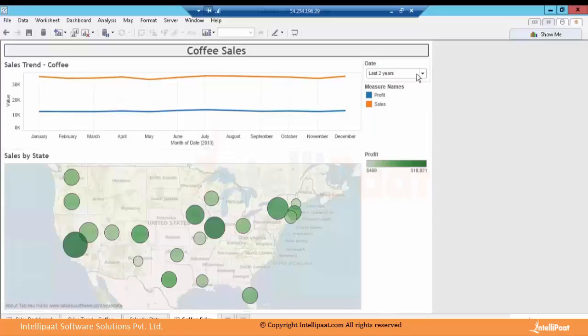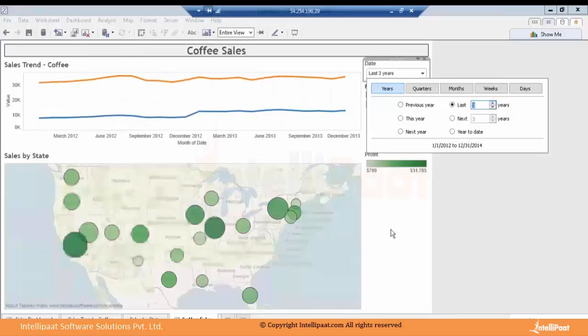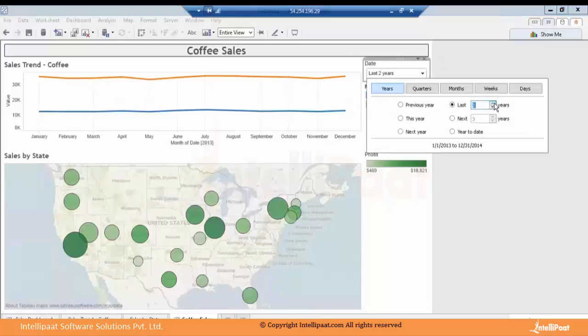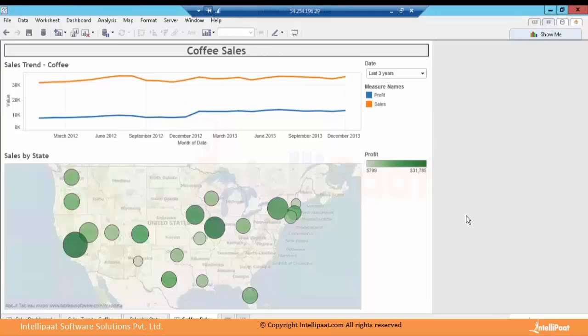Now you see that if I change the filter here to last 3 years, there's a slight change. You're not really seeing it here, but you would see it over here because the data is almost identical. Now it's 469 for the last 2 years, and if I do it for the last 3 years, you see it's 77.99 to $31,000. So this is another kind of interaction, which is the quick filters that we have. The date filter that we have put over here is